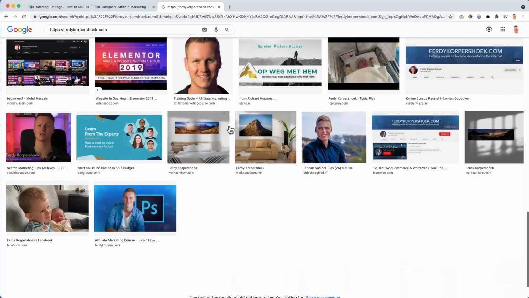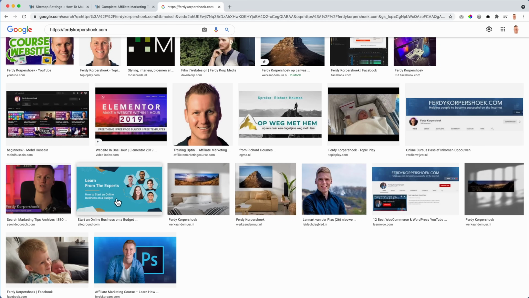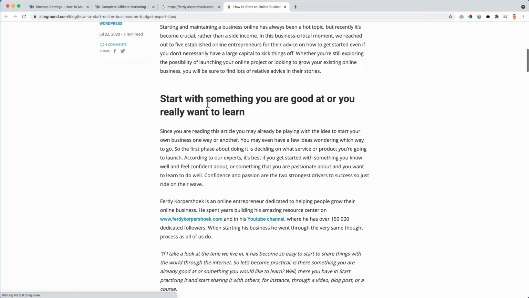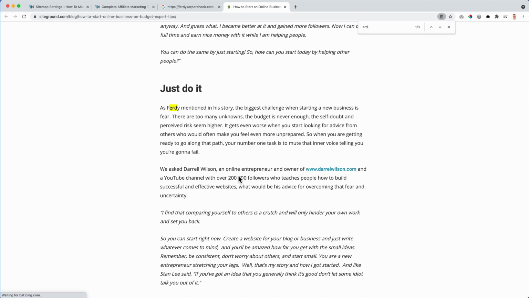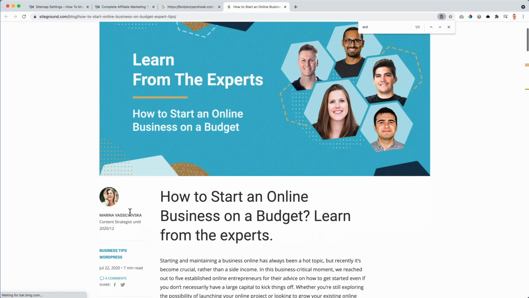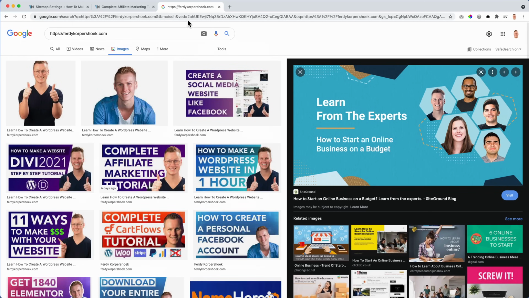Look at this. I want to be indexed by all those pages. Sometimes when you do this, you see nice images. I've never seen this image, for instance, from SiteGround. That's funny. I have no idea. Maybe I just wrote something. I don't know anymore, but nice. That's how you can find interesting things. Google yourself and see what will happen.